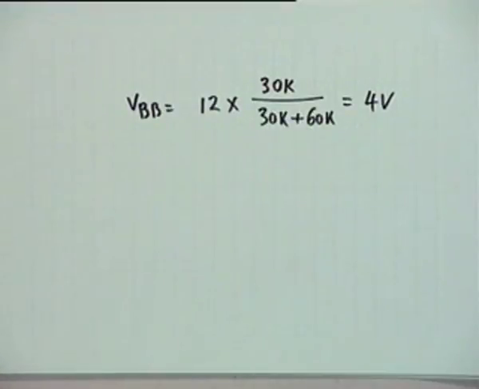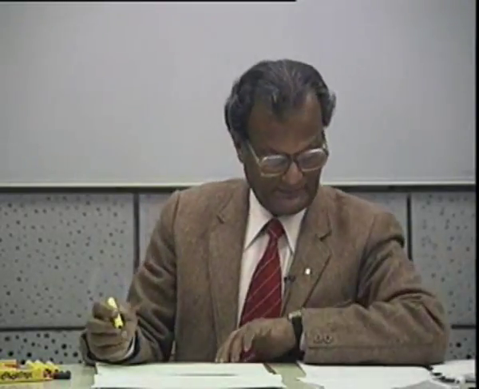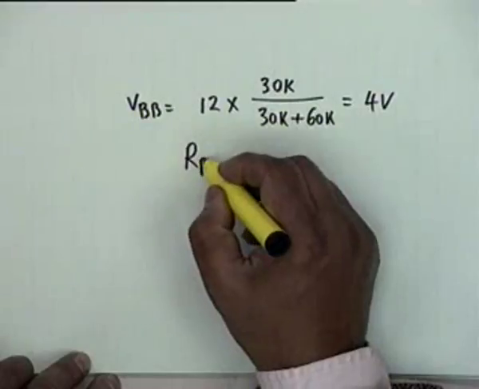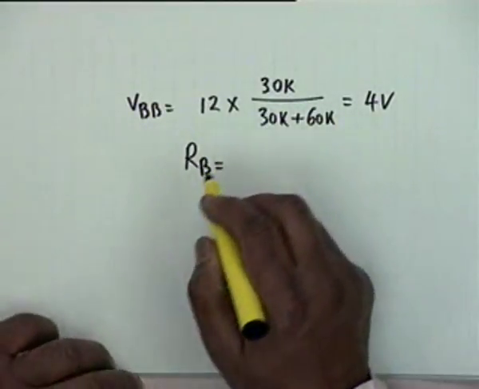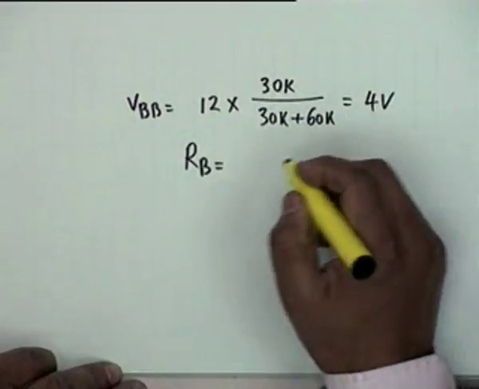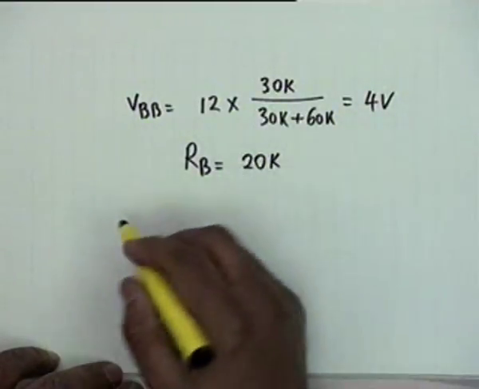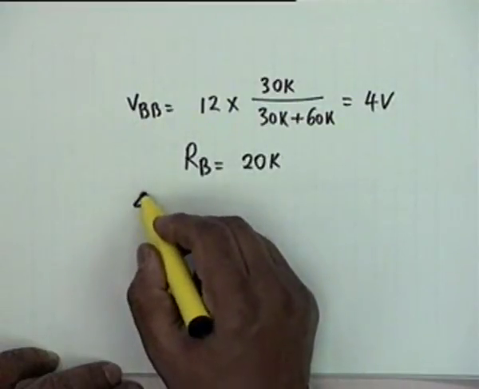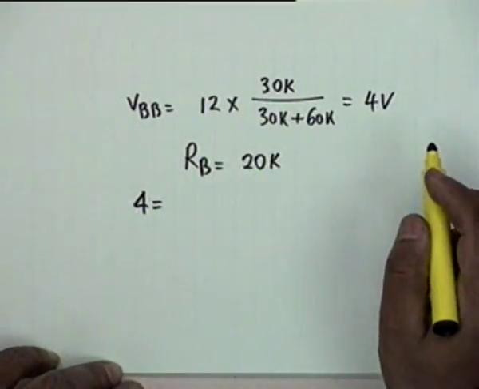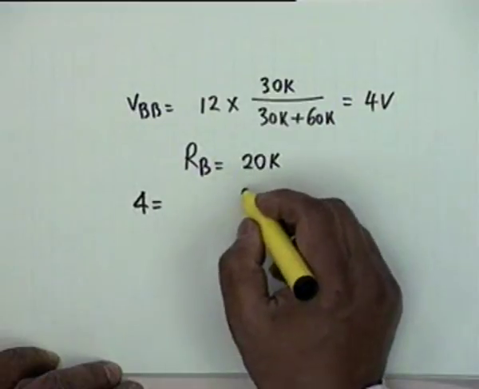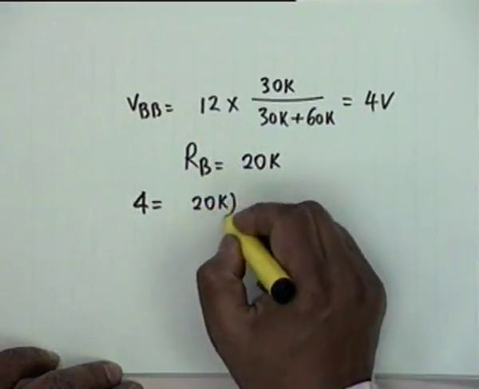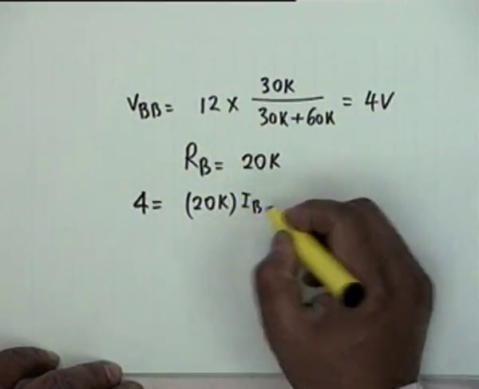We have to find, and what is RB? RB is 60 parallel 30, 20 K. Okay. So, my equation is that 4 volt VBB should be equal to 20 K multiplied by IB